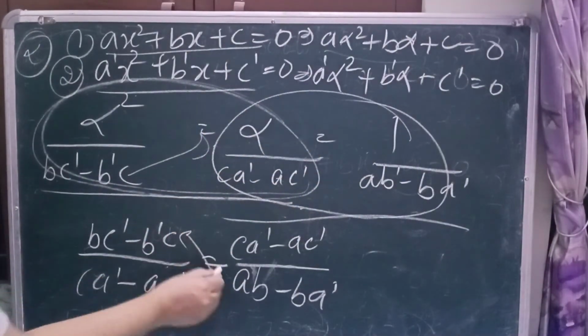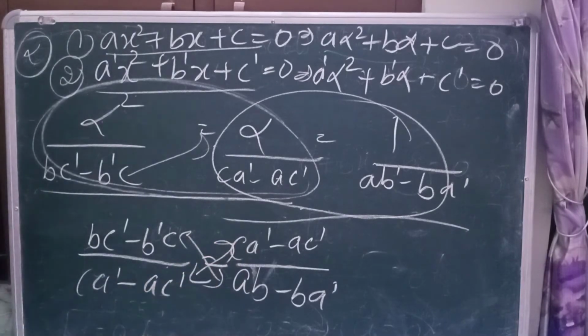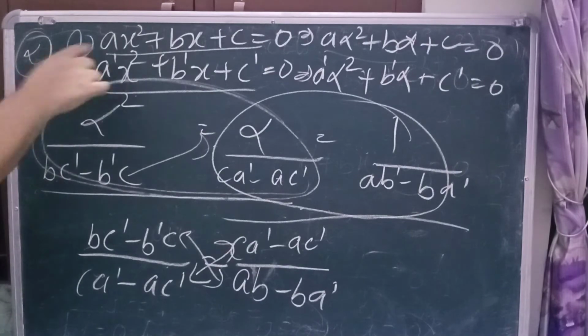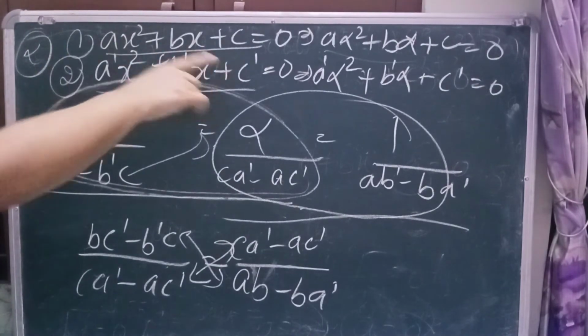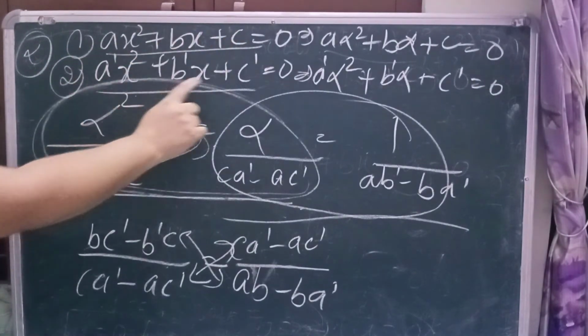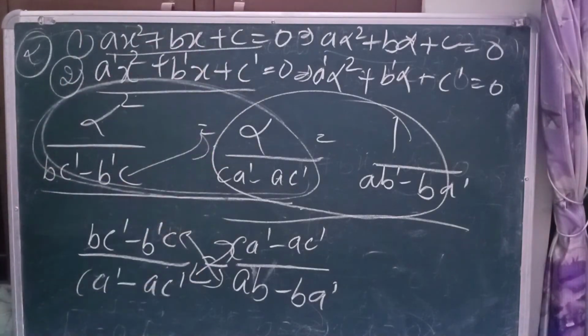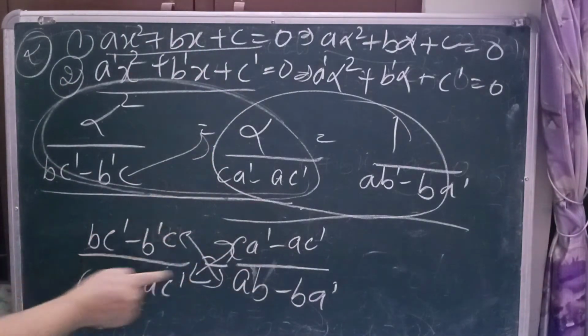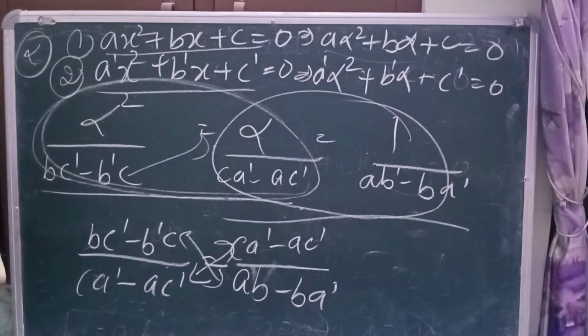Now you can cross multiply here, and you will get the condition which you can use when one of the roots is common in both quadratic equations. You can write the equation here together. You can consider its coefficients like a, b, c and a dash, b dash, c dash, and you can use this relation. You can do the cross multiplication and use this relation to find the root. Next